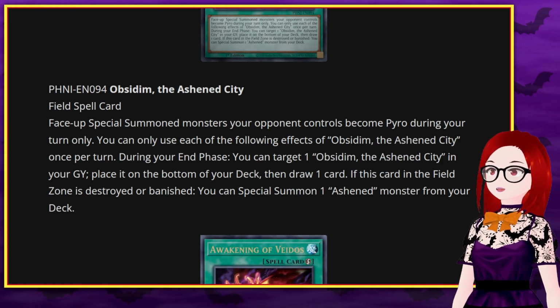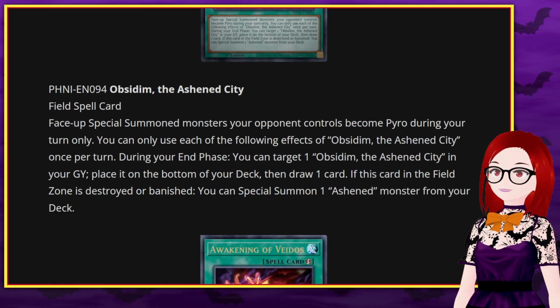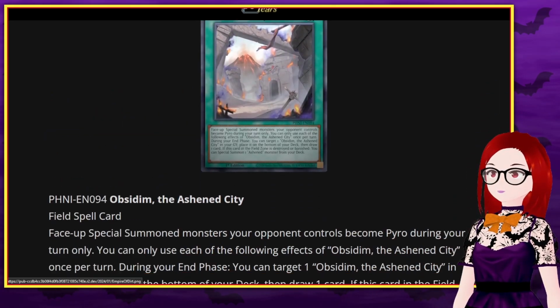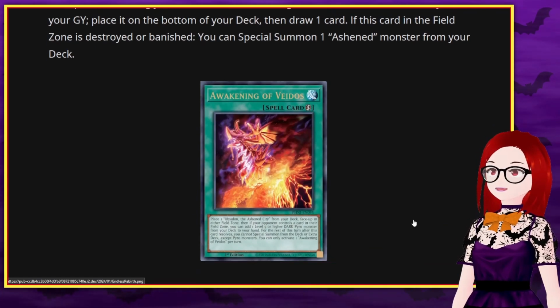You can only use each of the following effects of Obsidian, the Ashen City, once per turn. During your end phase, you can target one Obsidian, the Ashen City in your graveyard, place it on the bottom of your deck, then draw 1 card. So it only does the draw during the end phase, so I guess make sure you have lots of non-engine to draw into. If this card in the field zone is destroyed or banished, you can special summon an Ashen monster from your deck. I feel like this could be more busted, and it would be fine, but...